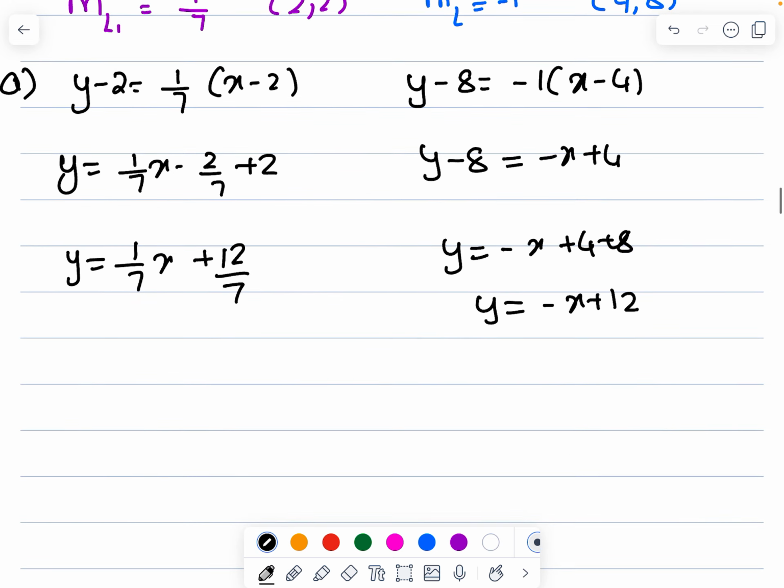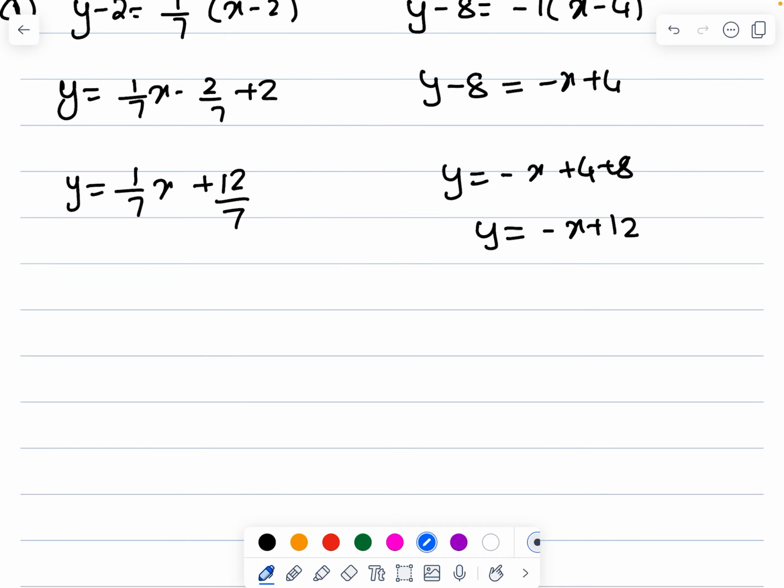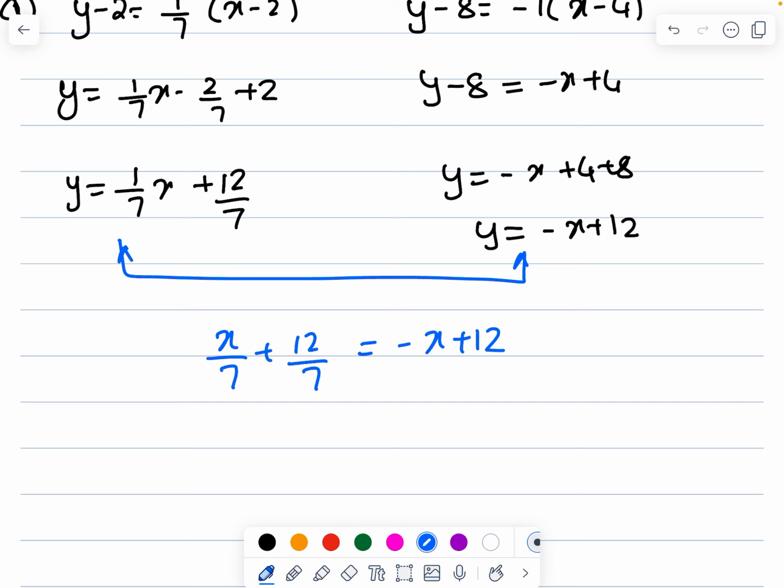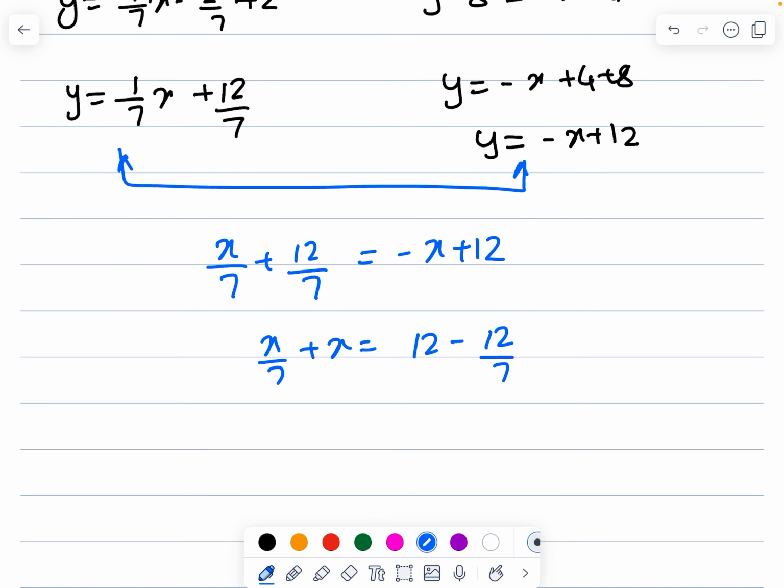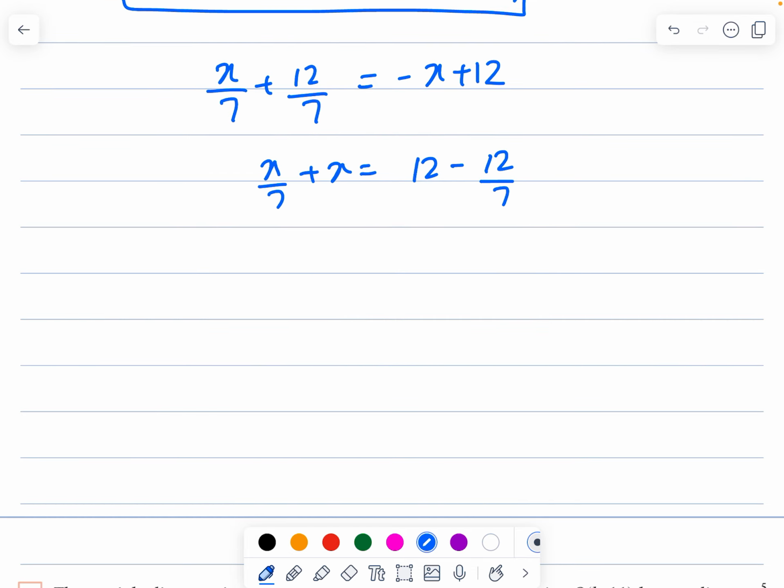Then L1 and L2 intersect at C. Find the point of intersection C. This is also y, this is also y. So equate: x upon 7 plus 12 upon 7 equals negative x plus 12. So x upon 7 plus x equals 12 minus 12 upon 7. So what do I get? 8x upon 7 equals 84 minus 12